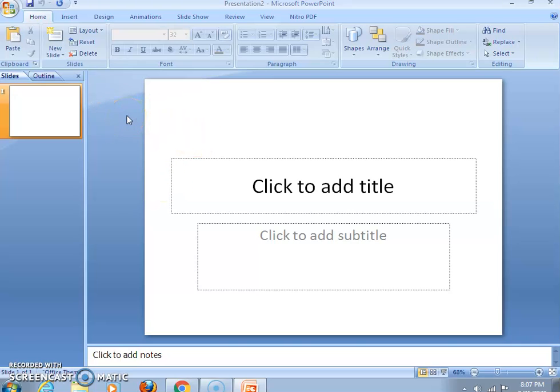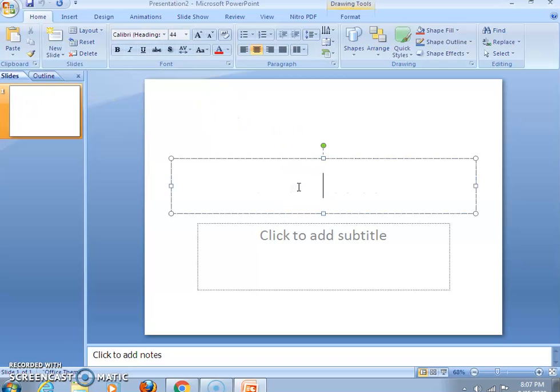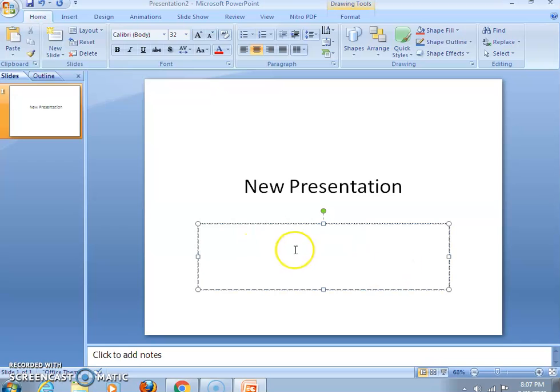This new file by default has one single slide. As you can see here, put your text or heading or the title which you want, the matter under which you are making the presentation, you can put here. Likewise, I am writing, and the remaining text you can put over here. Okay, this slide we have used already.